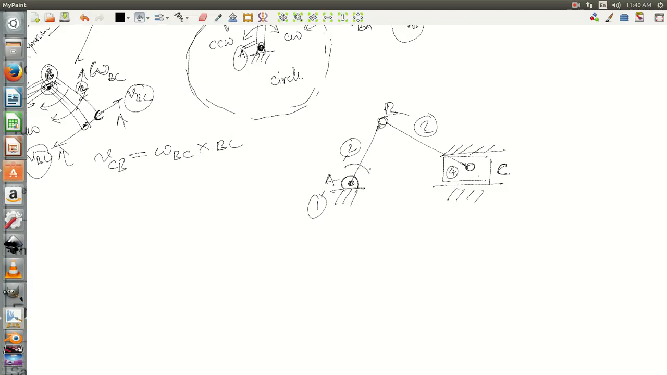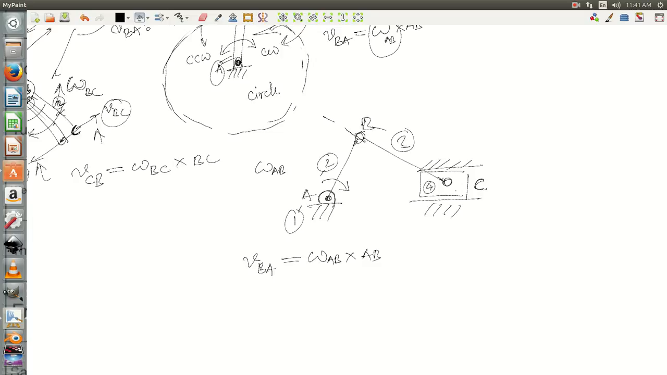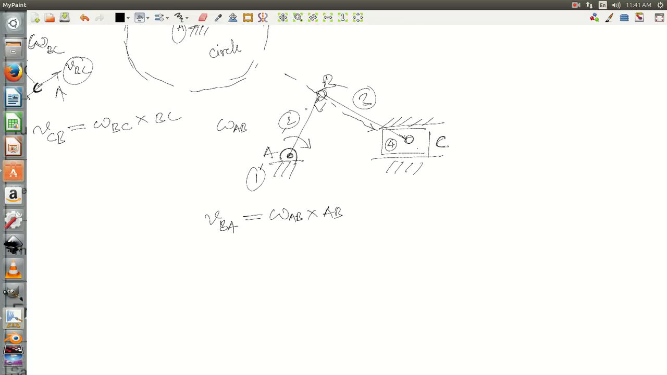If we assume that this slider crank chain is rotating in this clockwise direction, with omega equal to omega AB, then the velocity of point B with respect to A, which is on link 2, is given by omega AB into AB, whereas the direction of the velocity of B with respect to A is given by drawing this perpendicular onto the link AB,